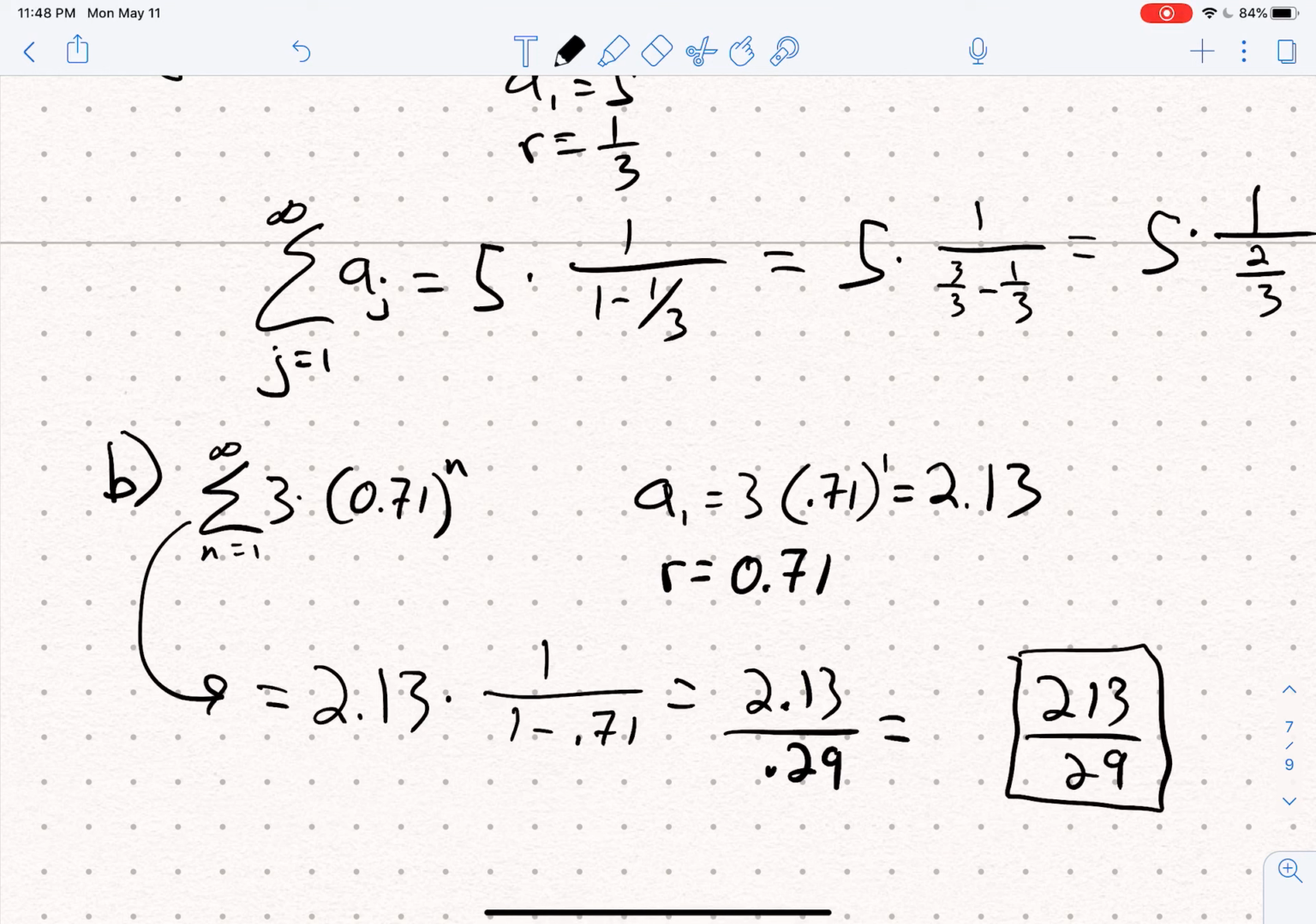This is in some way the best answer because we didn't have to round anything off. If you wanted to do it in a calculator, you could do 2.13 divided by 0.29, and that is equal to approximately 7.3448. Now, of course, there's more decimals than that. It goes on, and it's the fact that we don't record all of those decimals that makes this only an